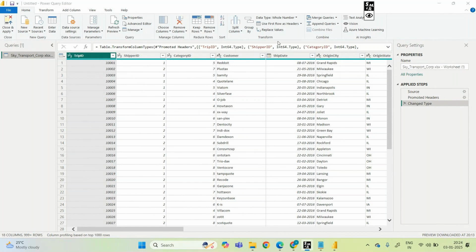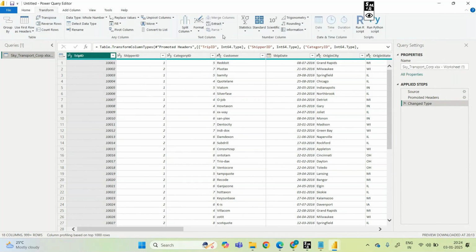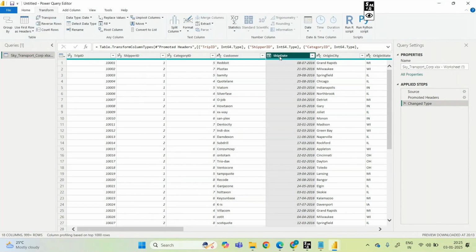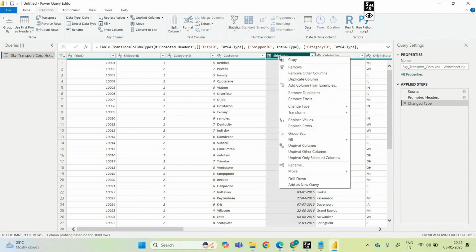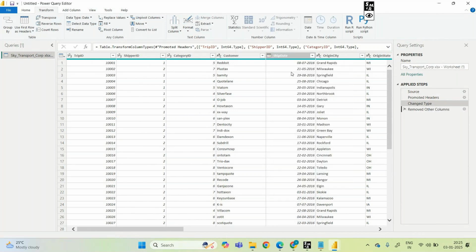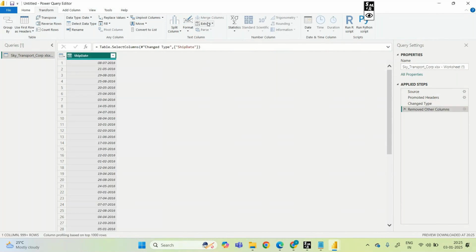Suppose I want to show you one small example. Right click, remove other columns. See, extract text between delimiters.